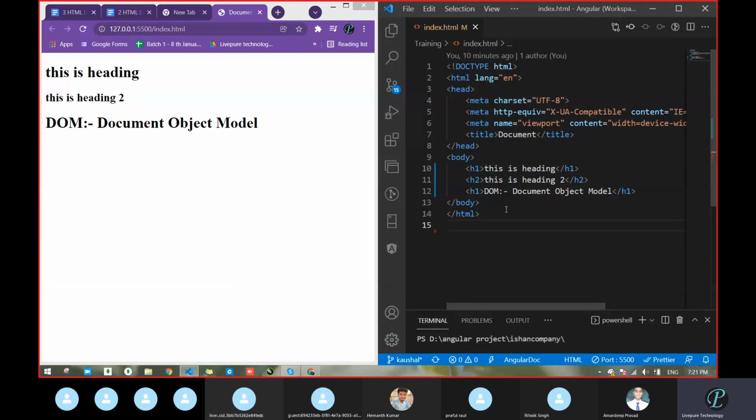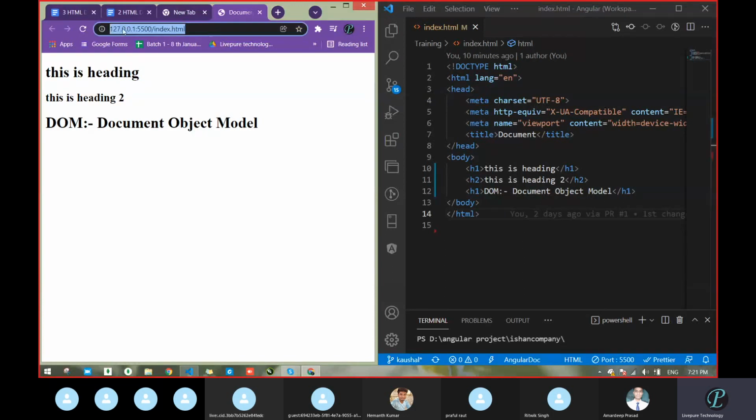So when I load this page on some port, with the help of Live Server, see in the URL, some port number is coming, 127.0.0.1 something like this. If you take this URL, this port number, and try it in your browser also, maybe I don't know whether it will load the same thing or different, but maybe try.